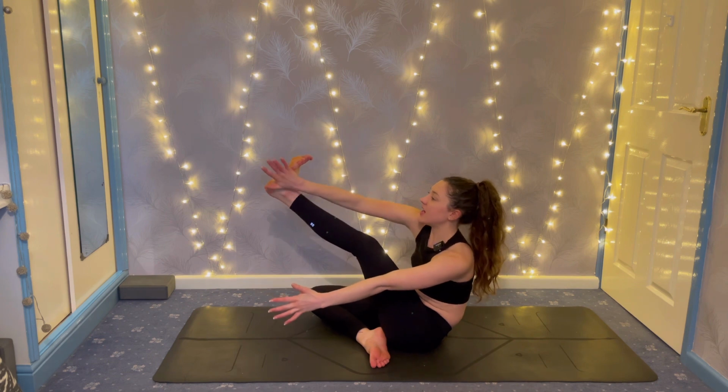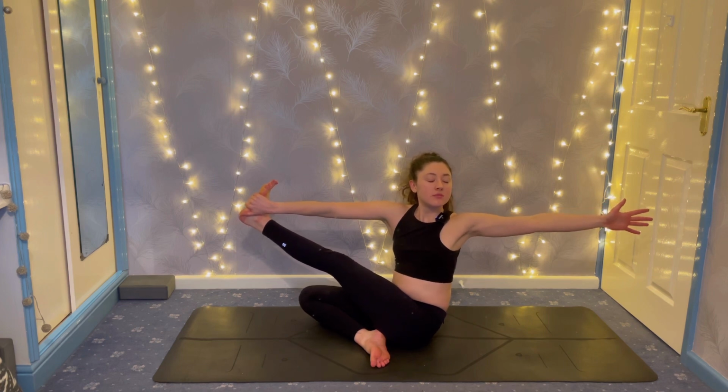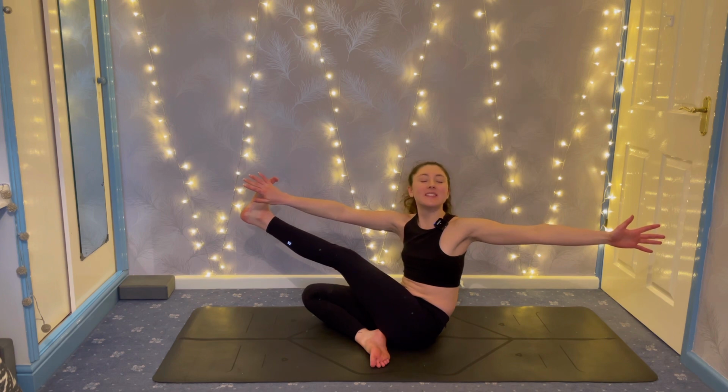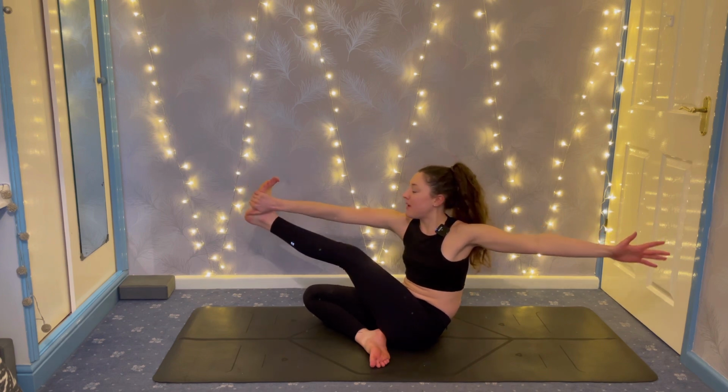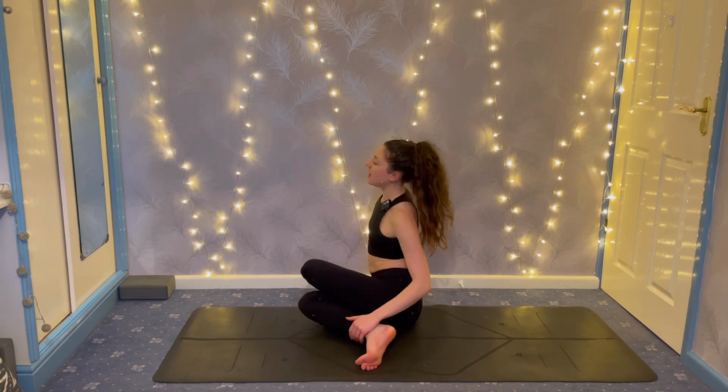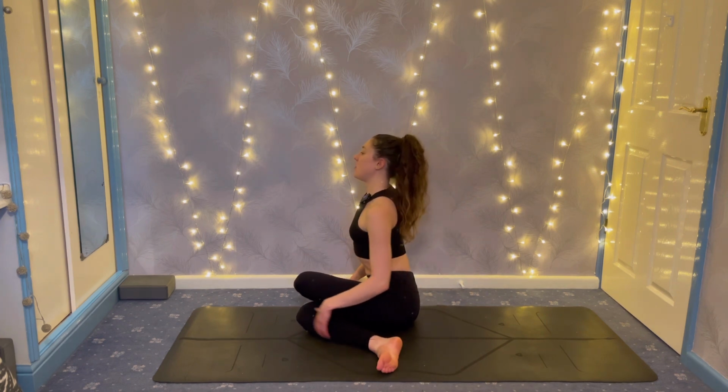Right hand to the outside of the left foot, left arm behind, find the twist. Keep the leg lifted, release the grip on the foot for a few moments. Hand back onto the foot, deliver the heel to the outside of the right hip, find Gomukhasana, cow face pose